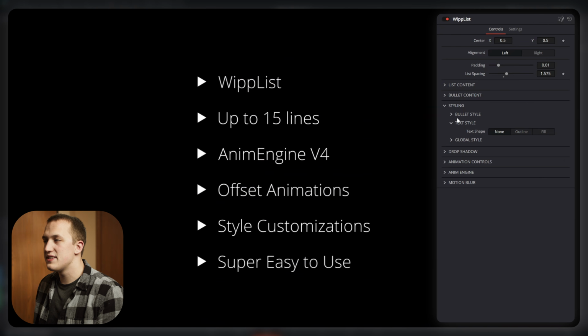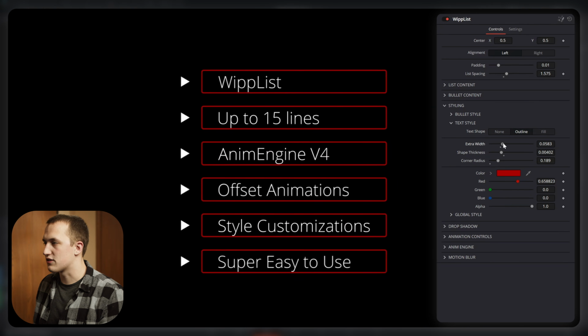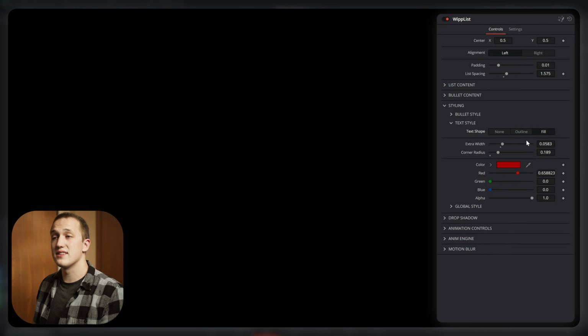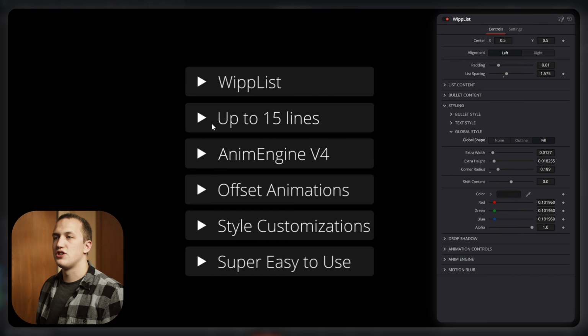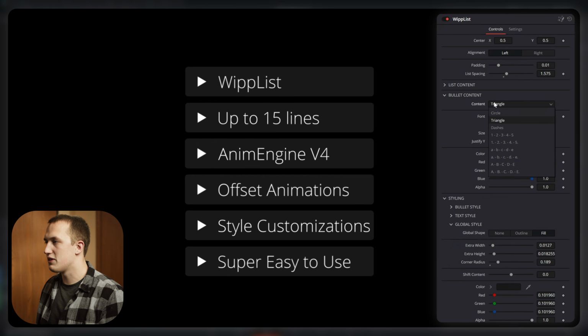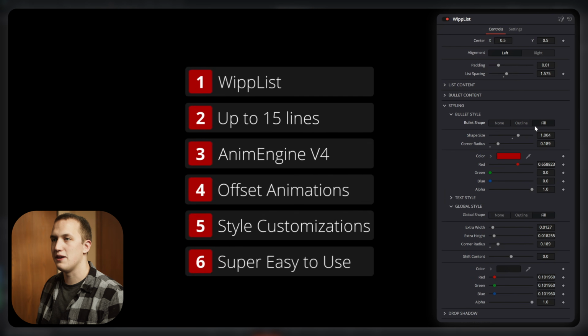We can also customize the text style by adding an outline around all of that and being able to add some extra width, add some corner radius. We can set this to be a fill, so it's just a solid bar. And then we have the global style, which is just going to fill in the background, something to cover all of them, and you can actually layer these on top of each other. So maybe I have the bullet content set to 1, 2, 3, 4. I have the bullet style set to be a fill, and then I have the global style set to fill